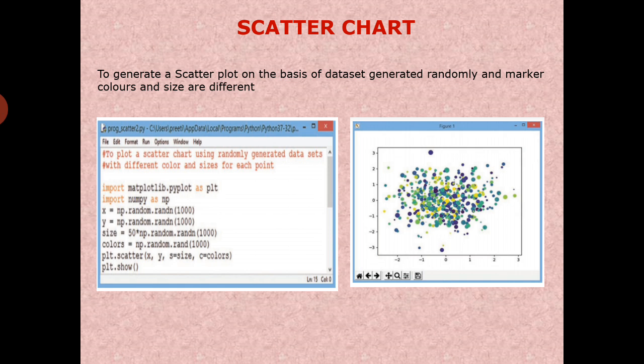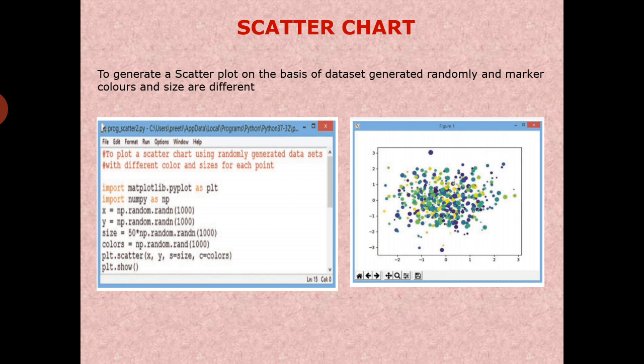Import matplotlib.pyplot as plt, import numpy as np. The statement x is equals to np.random.rand 1000 and y is equals to np.random.rand 1000 will generate n number of datasets using the rand function from numpy library.